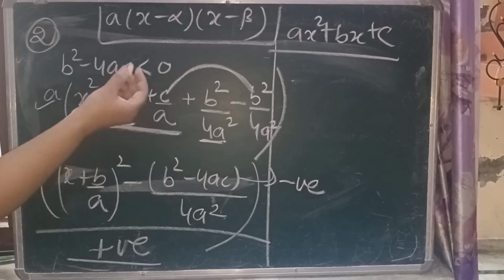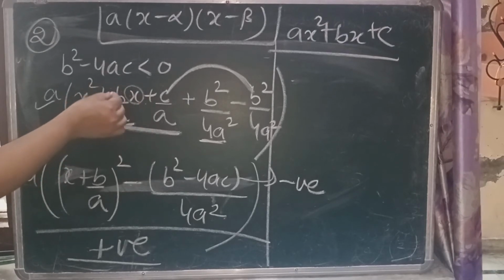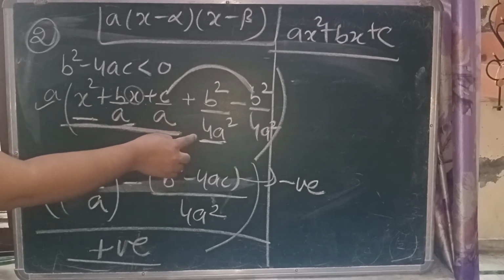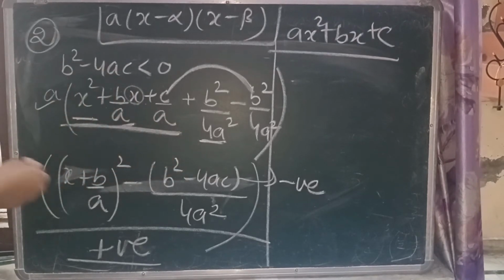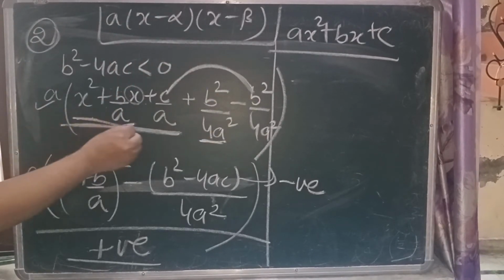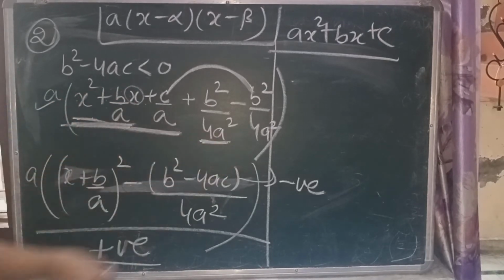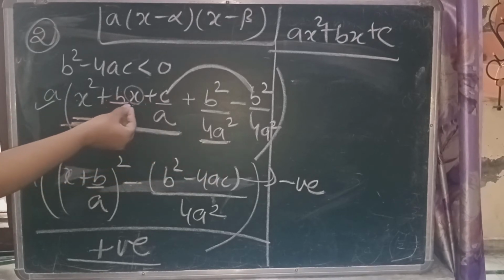So what I did, usually what we do, we take the coefficient of x and its half. It will be b upon 2a. That square we are adding, the square of b upon 2a, half of the coefficient of x, and that same term I am subtracting. So these two terms, x square plus b upon a x plus b square upon 4a square: first term square plus second term square plus 2 into first term into second term.